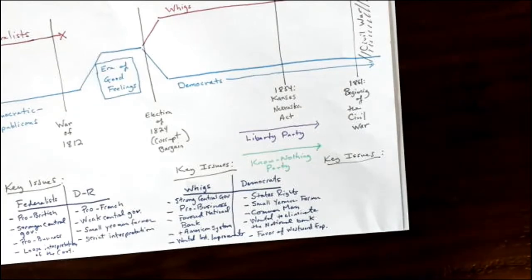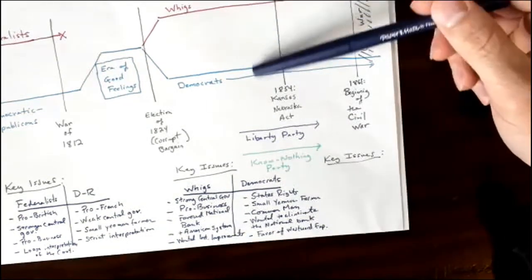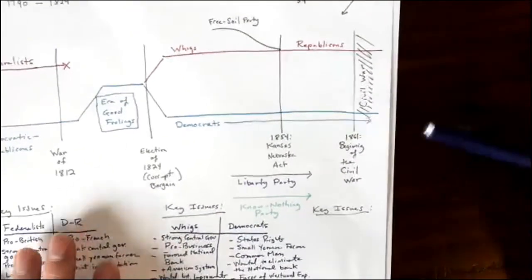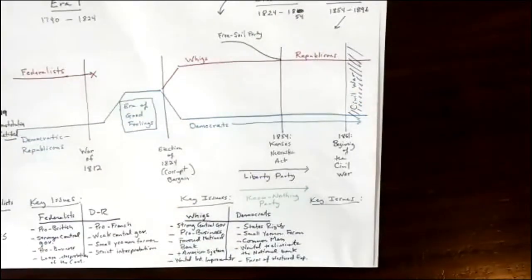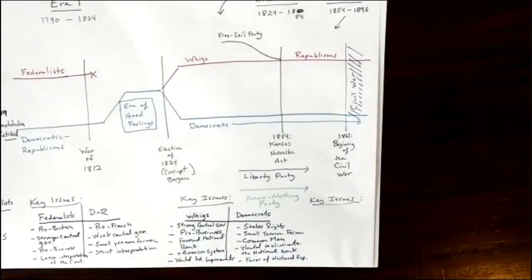All right, so these are the big issues that are dominating this time period. And we can see this, I'm going to zoom out a little. There we go, okay. In this second era, we see this in a number of different issues. Obviously, we've got these things playing out with Jackson's veto of the national bank. Because they were pro-business, the Whigs tended to support tariffs, whereas Democrats opposed them, and of course that led to standoffs like the Tariff of Abominations and the nullification crisis in the